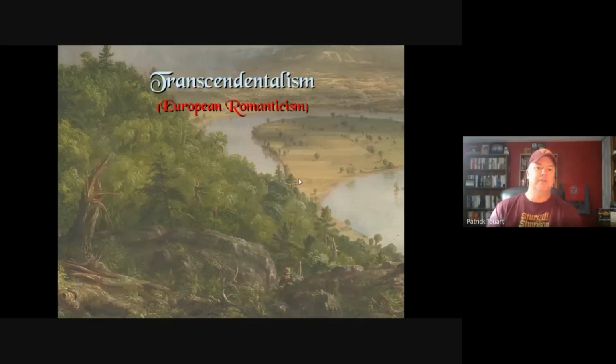But let's talk about a really fascinating literary movement that was also reflected in art, but it was one that was shared concurrently across the pond. In Europe, you're going to have this movement called Romanticism. And it is going to be Walter Scott, and a lot of Shelley and Keats and these great poets, and they're going to focus a lot in ways on the same things that Americans are focusing on